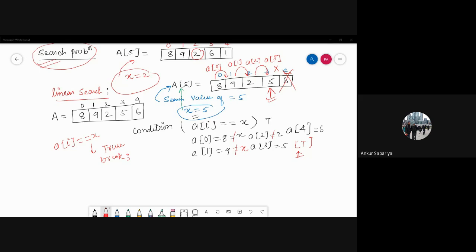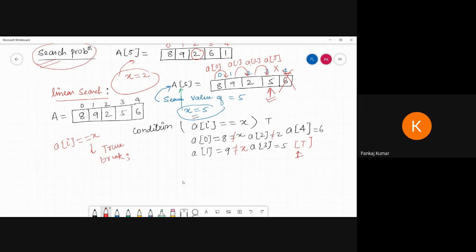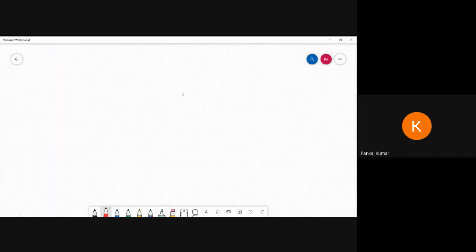I think the sound will be less. So now see, how can we develop the code? That is the main thing. And then I can discuss the time complexity. That is important, okay? Because we are studying data structures, so time complexity is very important for you.